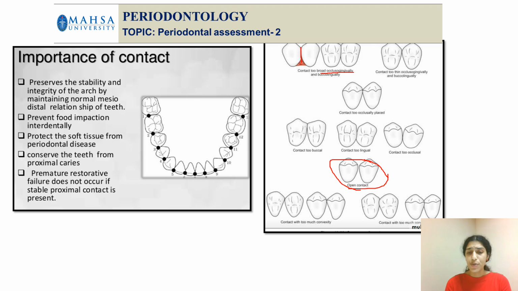See, the contact with too much convexity and the contact with too much concavity. All these different types, none of them are ideal. A good, ideal contact point is a challenge to establish, but once established, it really maintains proper arch integrity. However, clinically, if you have identified any abnormality in the contact point and the patient is showing some symptom due to the abnormal contact point, then only do we usually intervene. Otherwise, we don't usually intervene.